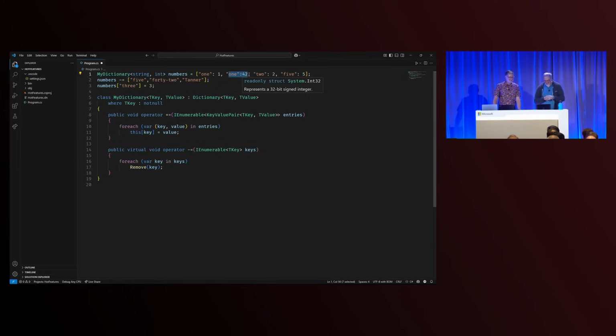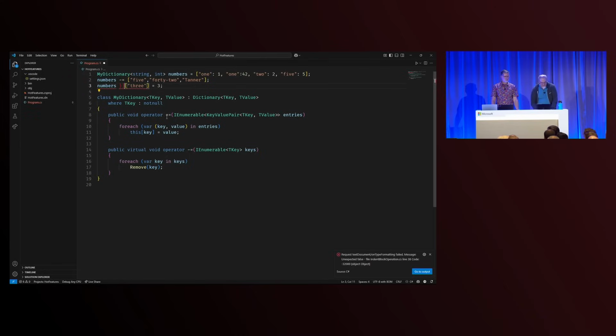That's the answer. Tanner's the answer. But as you were saying, anything that's convertible, it's really a collection expression of key value pairs. Right. And so I can write this plus equals operator such that it takes an IEnumerable of key value pairs. Then I can come over here and say plus equals.